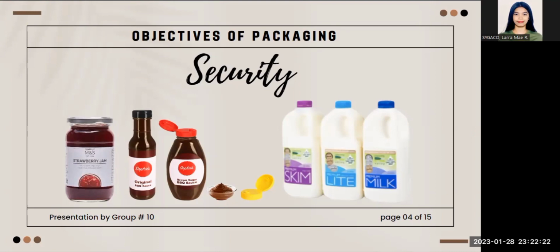environmental responsibility. So this security is actually related or connected to marketing, protection barrier, as well as physical protection. It is actually connected to each other. So this security is really important for the brand as well as for the consumer. So the packages may include authentication seals to help indicate that the package and contents are not counterfeit. Next will be